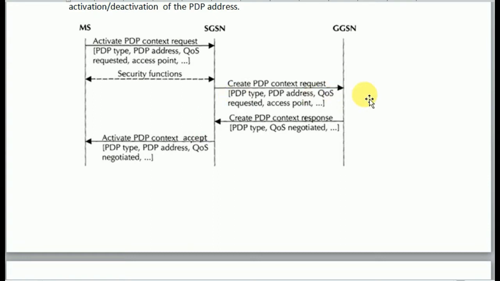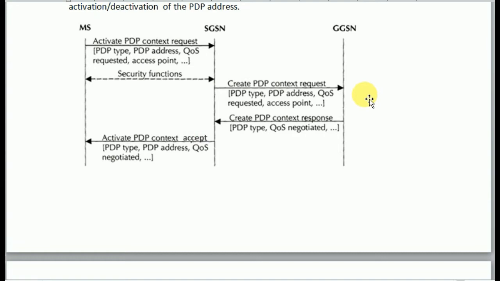The GGSN creates a new entry in its PDP context table, which enables the GGSN to route data packets between the SGSN and the external PDN. External PDN means the packet data networks in a different PLMN. The GGSN returns a confirmation message, create PDP context response.